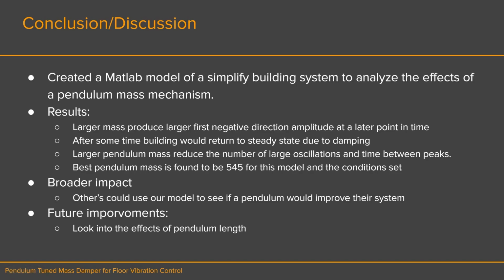Concluding on our project, we created a MATLAB model of a simplified building system to analyze the effects of a pendulum mechanism on building response after such an event. For our earthquake situation, we determined that a larger mass produces a larger first negative direction amplitude, but at a later point in time. And a larger pendulum mass reduces the number of large oscillations and the time between peaks in terms of long-term effects. The best pendulum mass for our conditions was found to be 545 and created a 26% decrease in max amplitude